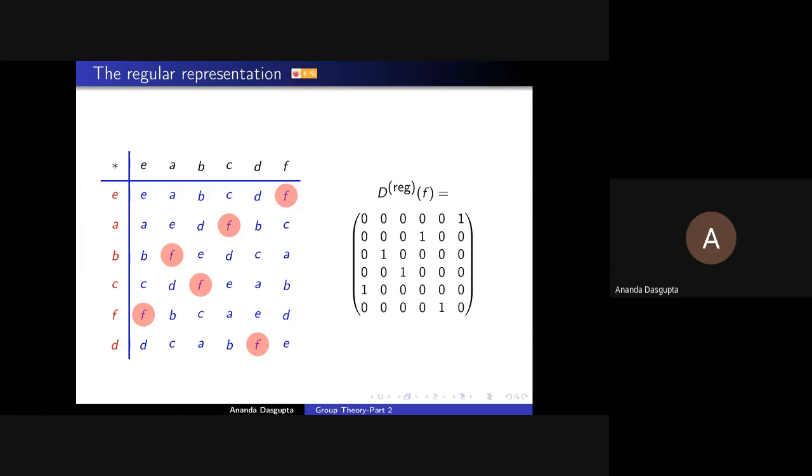Of course, you have 6 regular representation matrices simply because it's an order 6 group. If it had been an order 10 group, then there would have been 10 by 10 matrices in the regular representation. But the rule would have been the same. Just write down the multiplication table with inverse group elements here and the group elements here, and find out where in the final table the different elements are. They will tell you the regular representation.